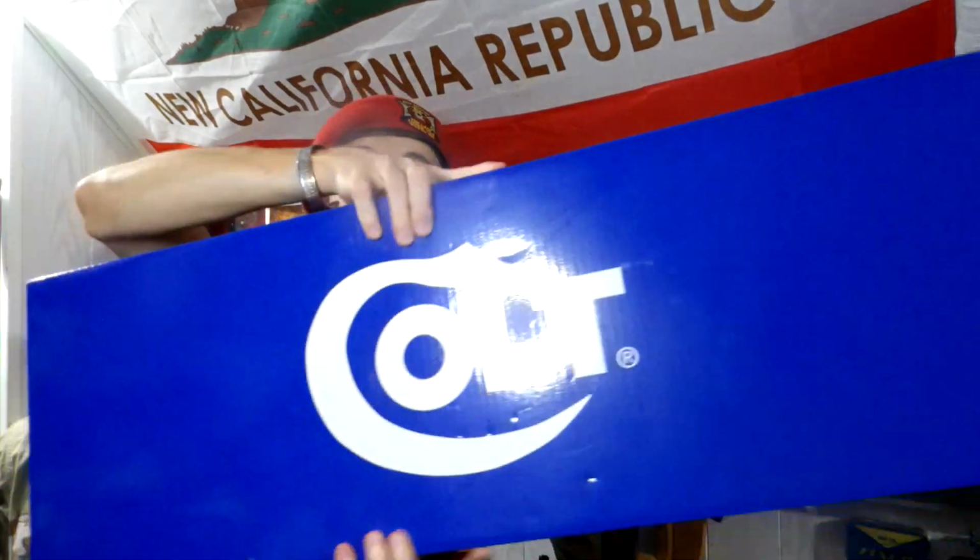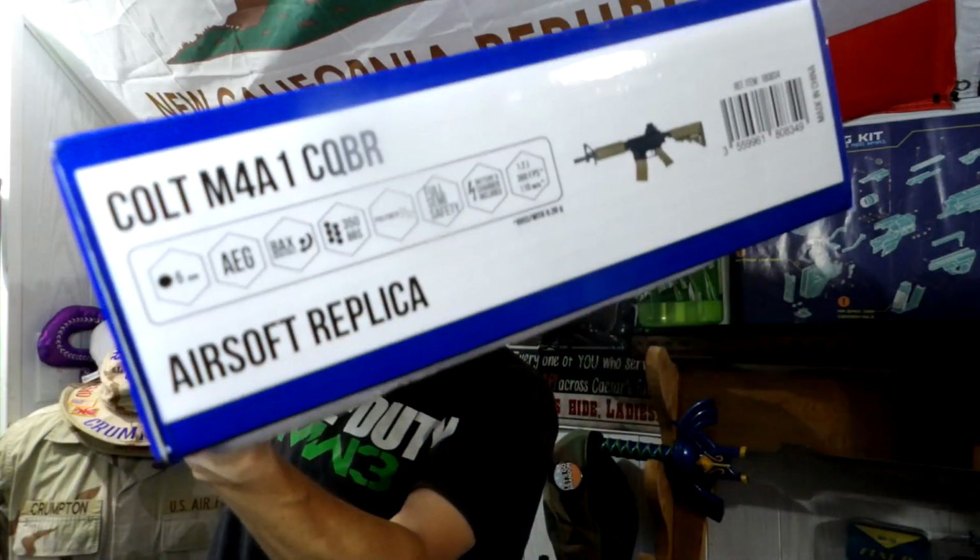In the box itself, you get your standard all-blue Colt box with a little image on the side that basically tells you, oh yeah, this is the gun you get. In the box, you get an instruction manual, which is kind of Cybergun standard by this point in time. Just a simple sheet. Nothing really all that much there, sadly. And, of course, a battery, charger, all that good stuff. 3-round high cap, but I kind of want to take a moment and talk about the gun,